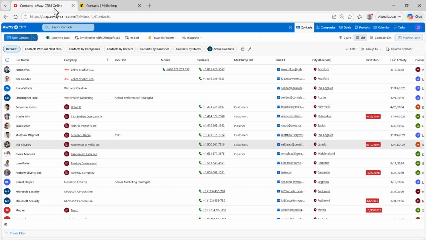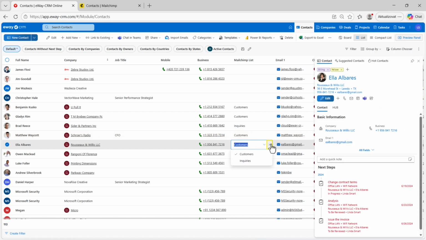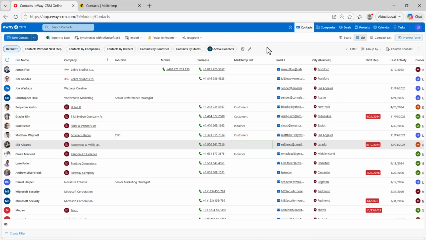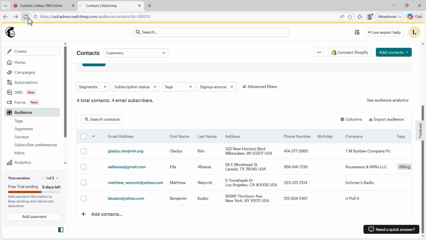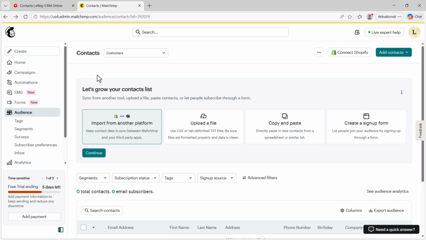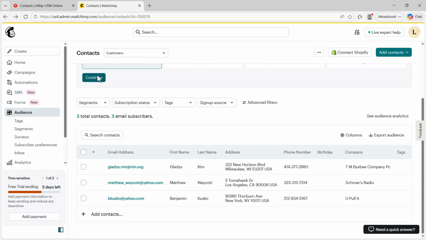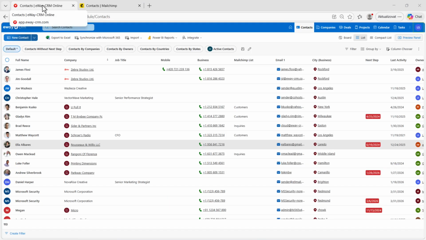If I want to remove a contact, I simply clear the value. And the contact will be removed from Mailchimp. And it's gone. If you prefer automatic synchronization of contacts, open the Administration Center,